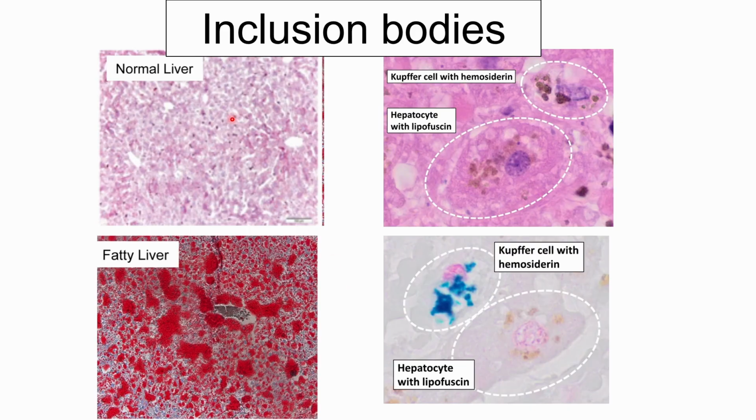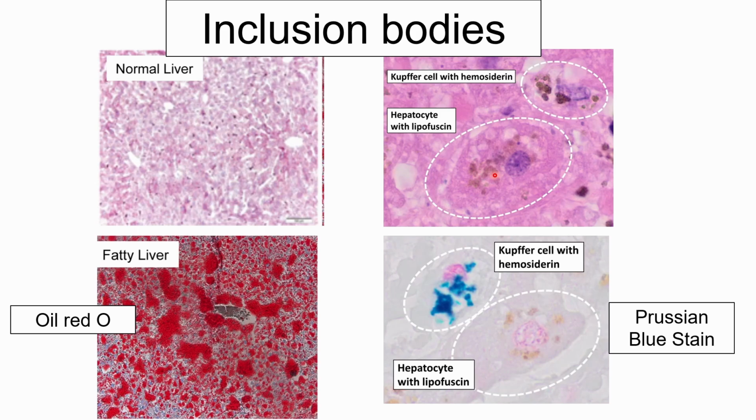So for example, here in your normal liver, and this is your abnormal liver, you would have these brown spots. This would be your hemosiderin in the Kupffer cell of your liver, while in the hepatocyte, you would have your lipofuscin. So both of these are inclusion bodies. And what's the problem with this one? So this is most likely H&E stained. We can see that both lipofuscin and hemosiderin are stained brown, even if they're not the same thing.